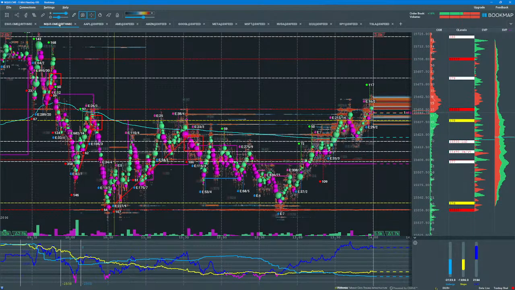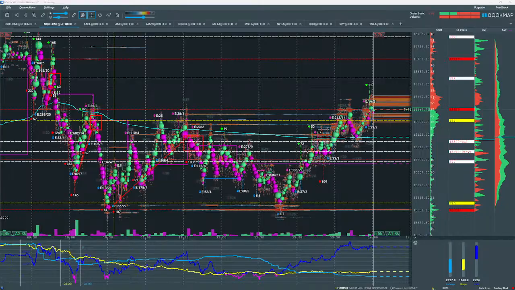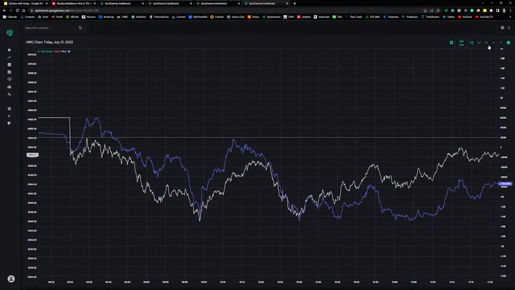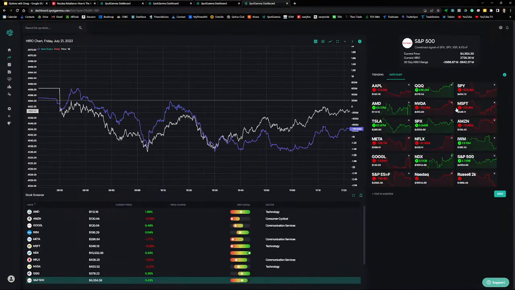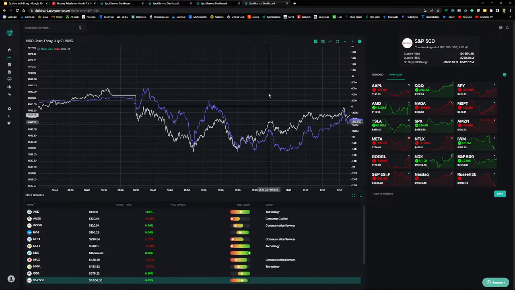And here's Nasdaq. All right, let's take a look, and I have the setups marked here on the chart. Let's take a look at Hero for Nasdaq, and we'll get to the live market and see what's going on right now in a few minutes. So let's take a look at Nasdaq.